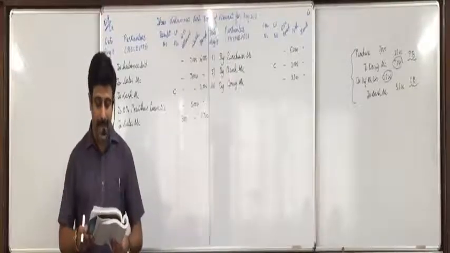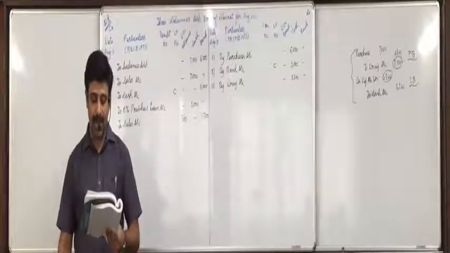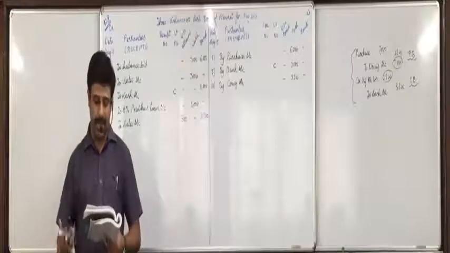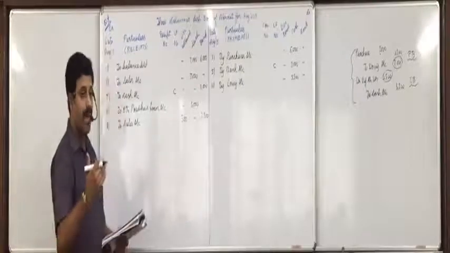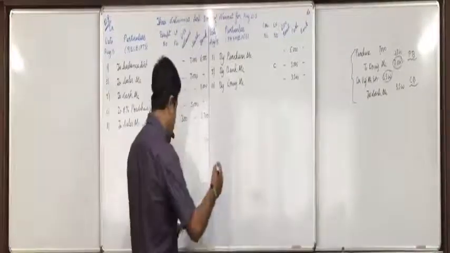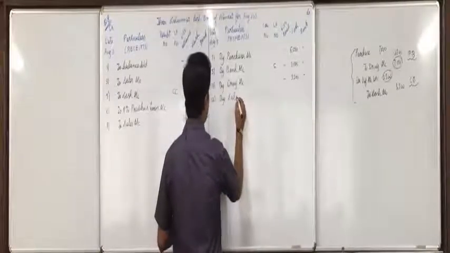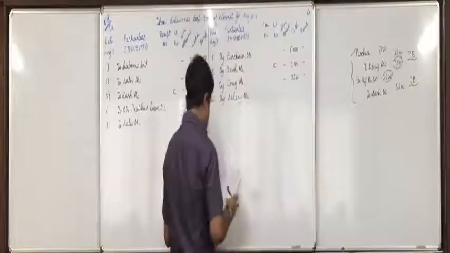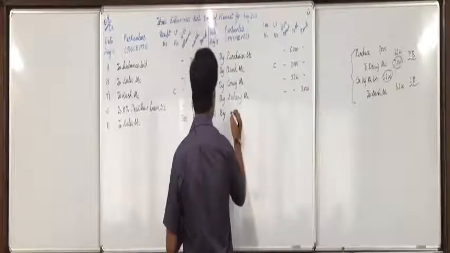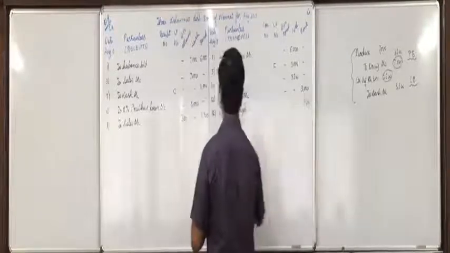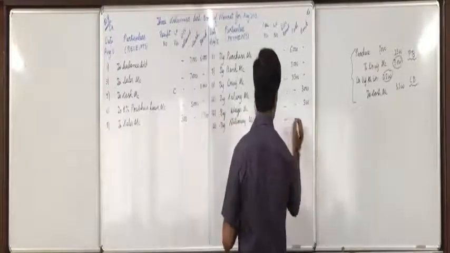Next, salary 3,000, wages 500 and stationery 200 are paid by check. Salary account debit, wages account debit, stationery account debit, they all are expenses. To bank account, we are paid by check. So to bank means on credit side the date is 12. 3 entries will come. First by salary account in bank column 3,000. Again same date 12, by wages account in bank column 500. And again same date 12, by stationery account in bank column 200.